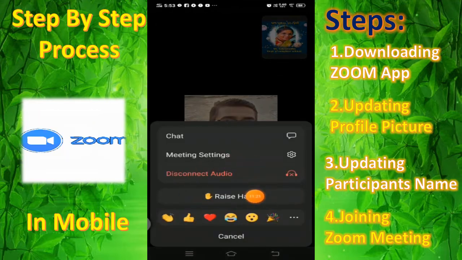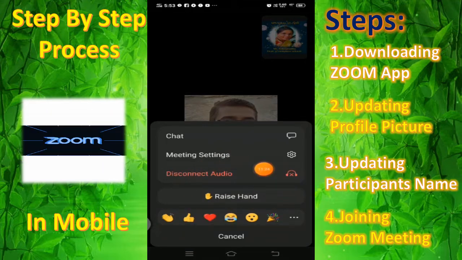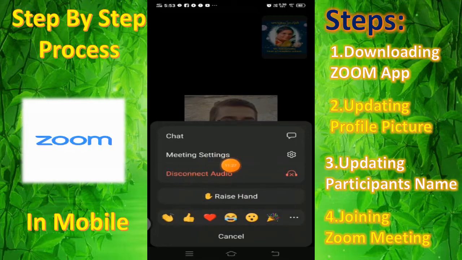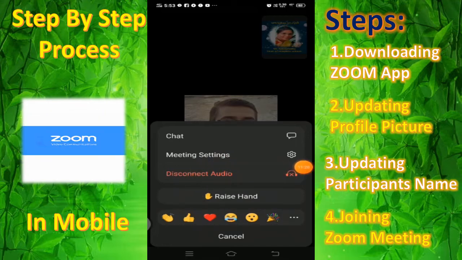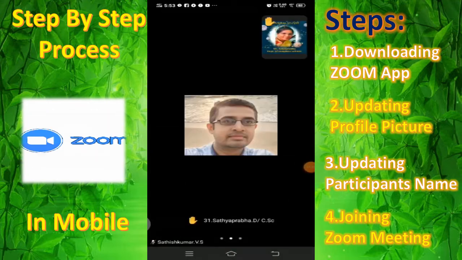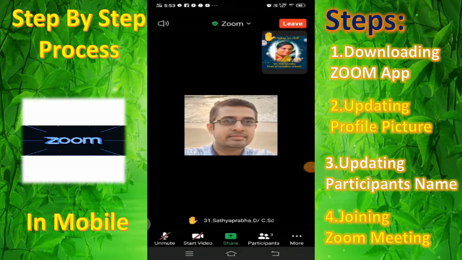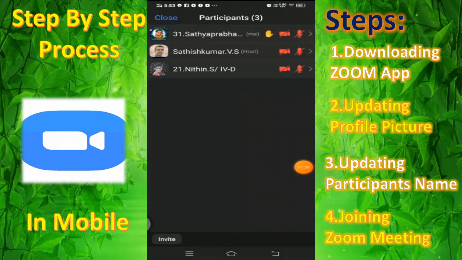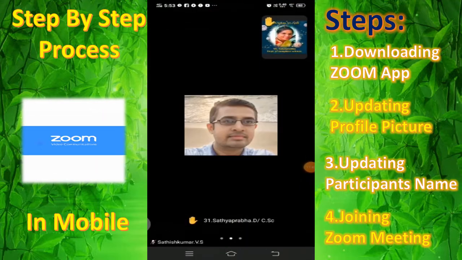See here, if you want to talk, you can give Raise Hand and then talk. If they are asking, or if you want to ask something, if you have any doubt, you can give that option. See here, Raise Hand is available. You can check it in the participants list also.